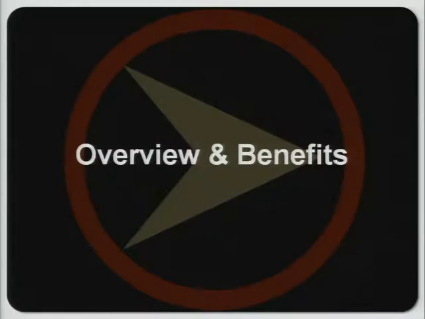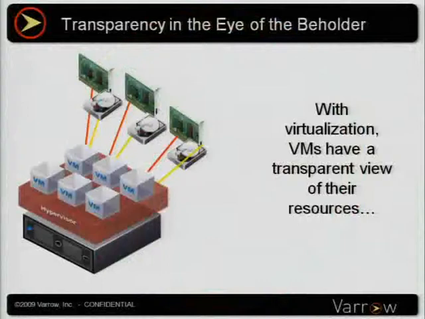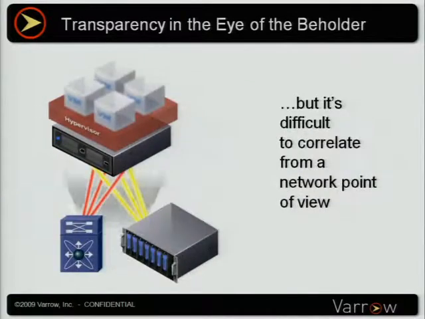So starting off in the overview and benefits, the issue we've had really is we virtualize servers. We've taken these physical servers, we virtualize them, and the VMs themselves have a great view of their resources. They see their storage, they see their networking. They have a great outlook on what they have access to. The problem is when we try to look at things from the network side of the house, it becomes much harder to correlate the data. It's much more difficult to do application monitoring, to do security policies, to do quality of service,